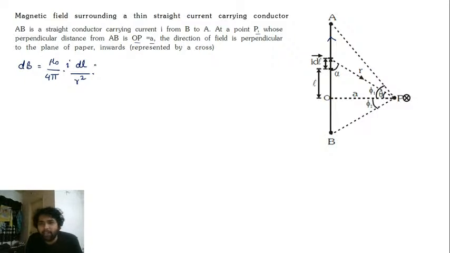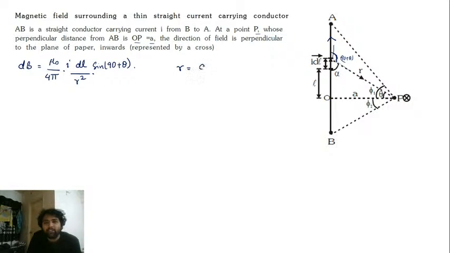into sin of the angle theta. At this particular instant you take angle theta. This is R, this is the I dl vector. So the angle between them, if you take this, is 180 minus alpha. So this angle is theta. This angle will be 90 plus theta. All right. So we know I dl by R square into sin 90 plus theta. But what is the value of sin 90 plus theta? Sin 90 plus theta is cos theta, right? So what will its value come to? Now we will derive all this.